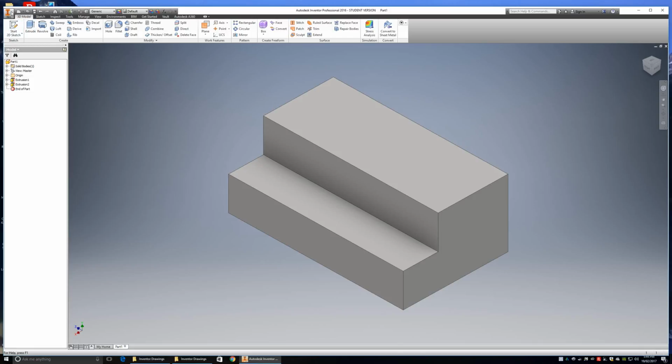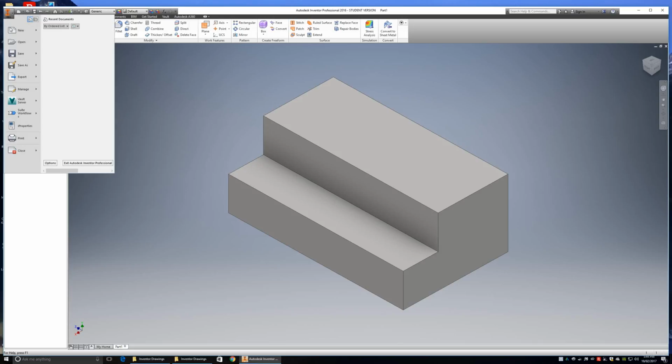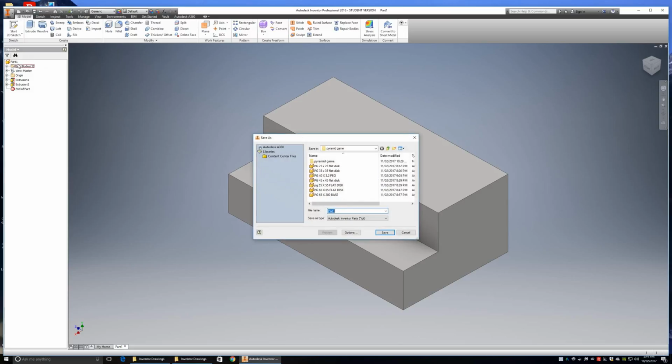Now we're going to save it. So we're going to go up to the I button right at the top here, top left I button where it says iPro. Left click on it, come down to Save As,